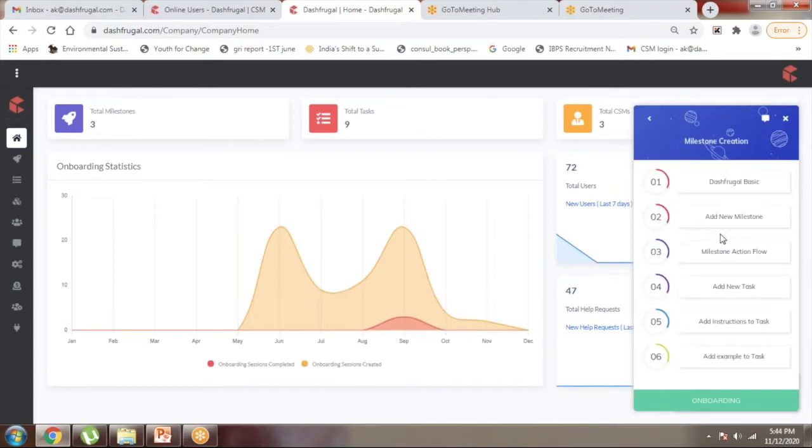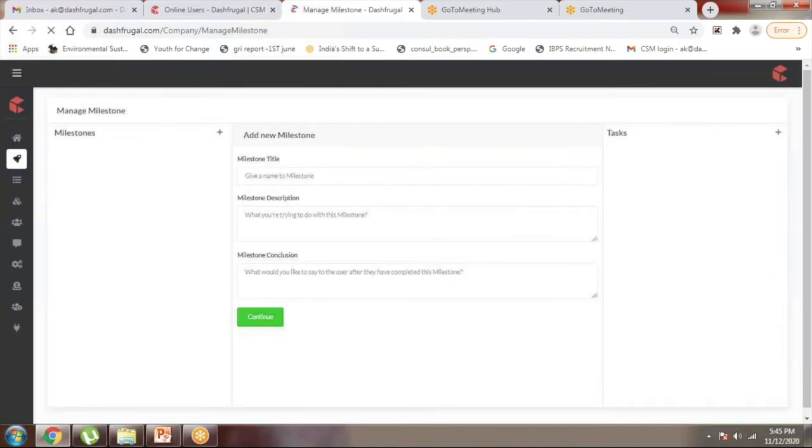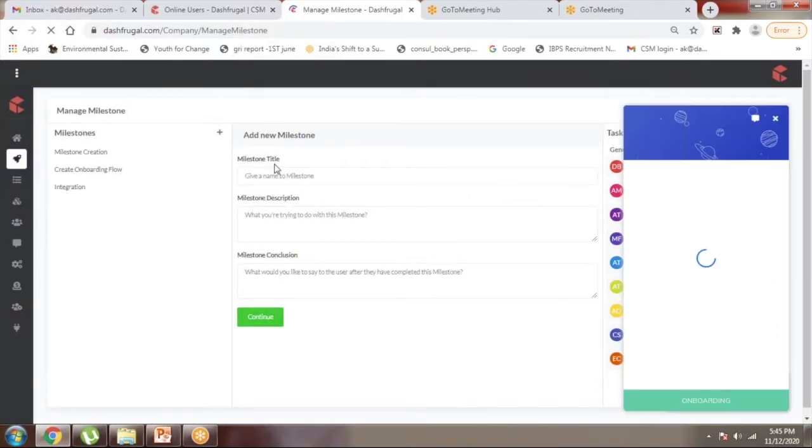Now, for adding a new milestone, that is adding a new step, you can click this go to page, and you can give whichever title you would want to give, a description and a conclusion, and then hit continue. We have detailed explanations about each of the steps here.